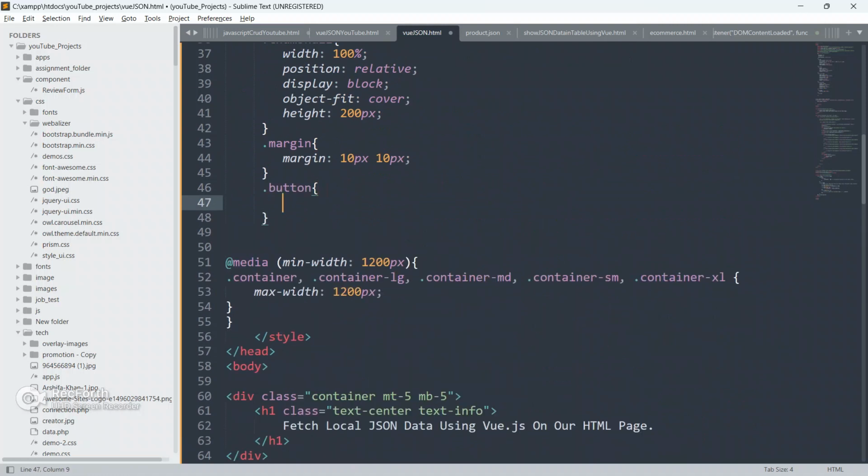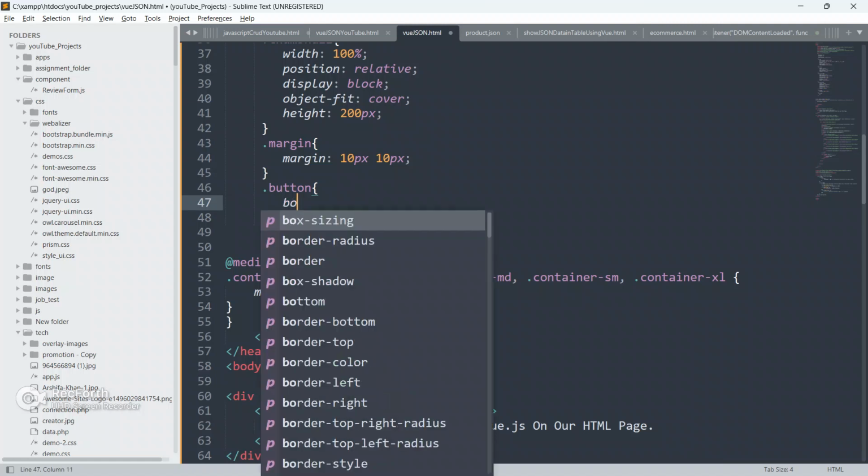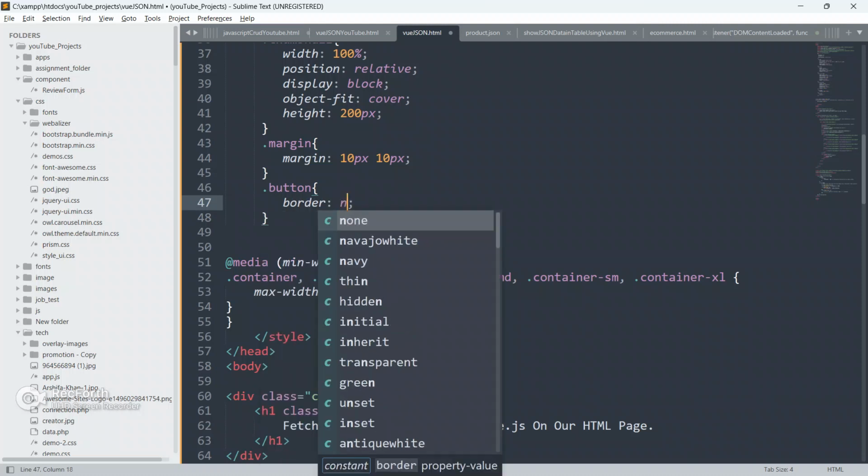Now just go to the code and target this button class from here, and paste it here, and I will just style this button now.